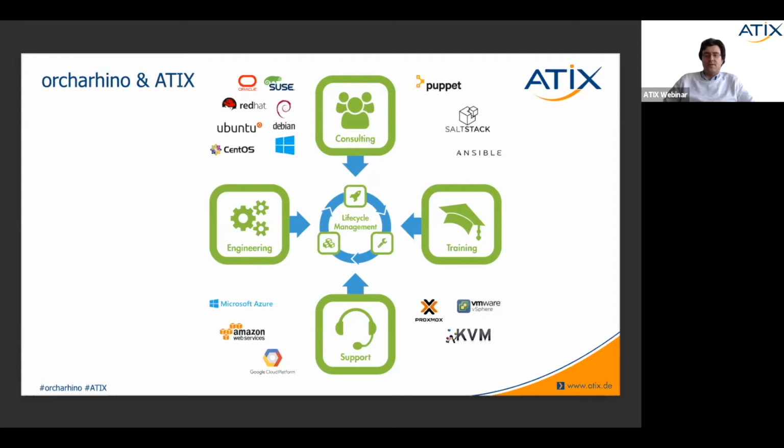We have a support department, so as an enterprise solution, we offer support for that. So the basic support would be that a customer, when a problem occurs, can open a ticket. Our support has a look in it and then fixes it for the customer. We also have slightly more sophisticated support models. For example, we can also take over and run orcharhino, or also just support the customers in running it. We offer trainings. So everybody who orders orcharhino can order training, and then the consultant will come there and train the administrators how to run orcharhino to get the best use of it.